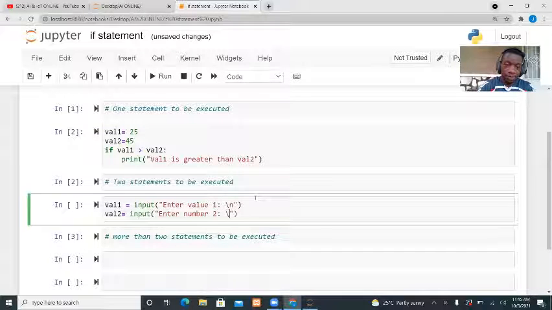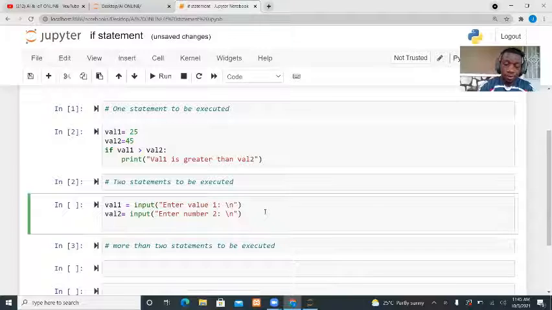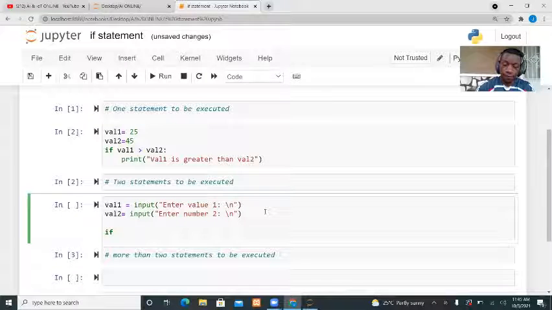Same, I want to move to the next line. Then I have to check if, let me say,